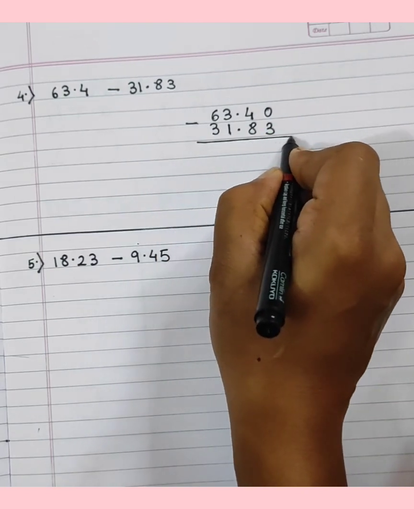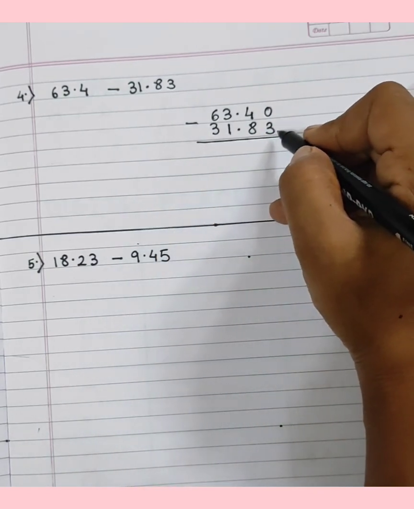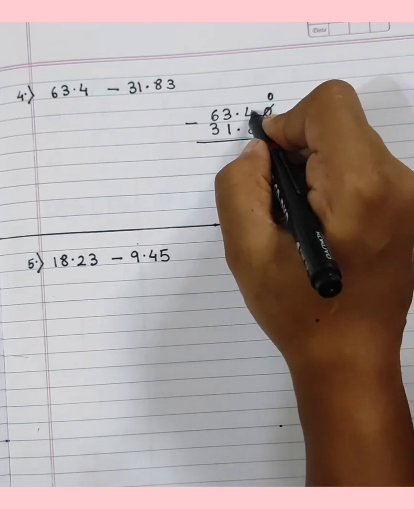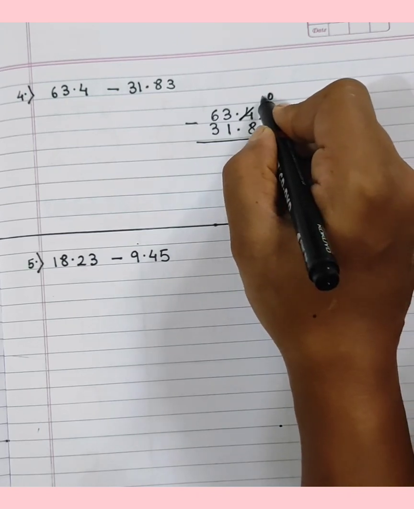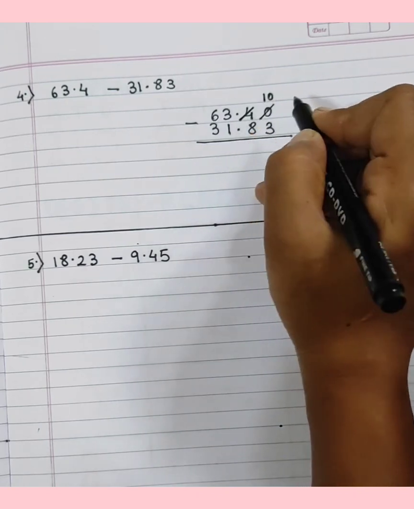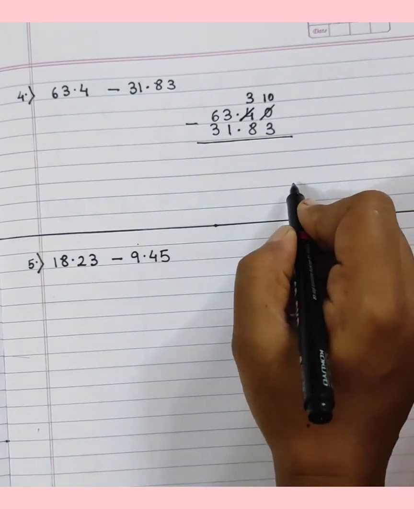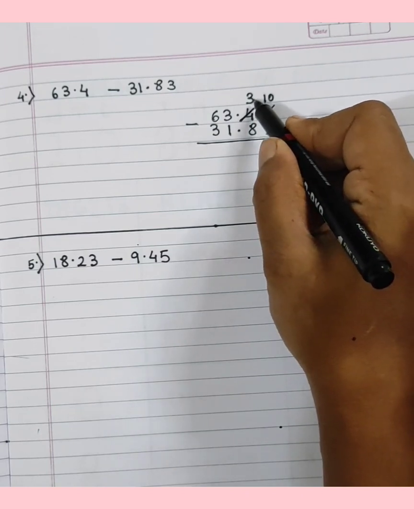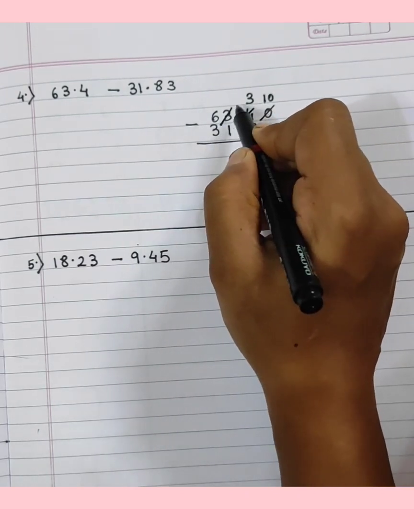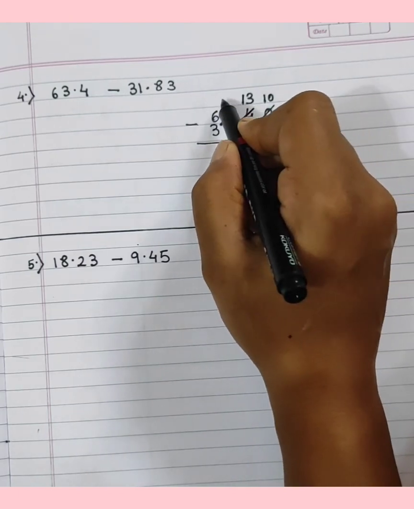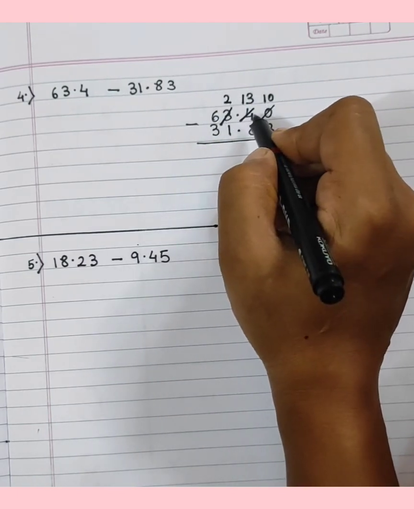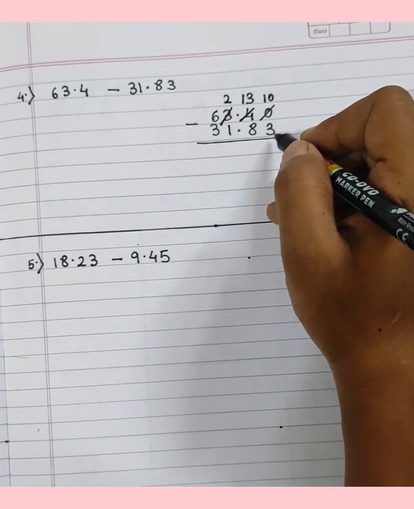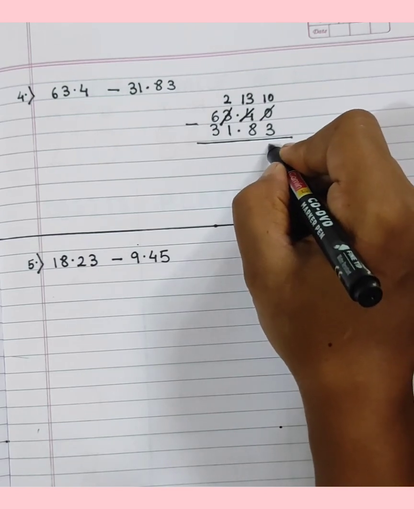Okay. Now we will subtract this. Now I cannot subtract 3 from 0. So I will cut the 0. I will write here 10 up. I will cut the digit 4 and I will borrow 1 from 4. So I will get here now 3. Yes. Now I cannot subtract 8 from 3. So I will cut this 3 and I will borrow 1 from 3. So here I will get 2. Did you understand? Now we are going to subtract. Yes, I can subtract 3 from 10. Yes. So I get the answer as 7.